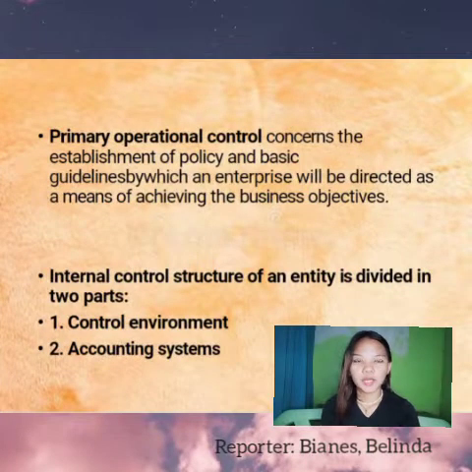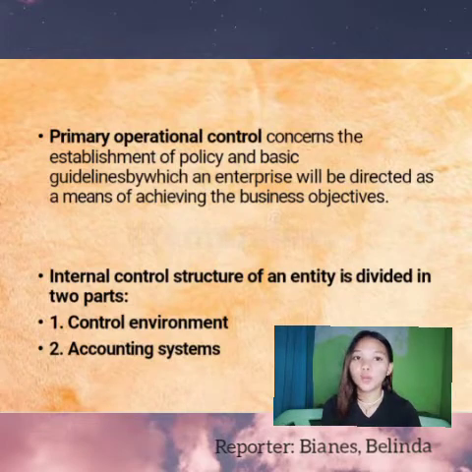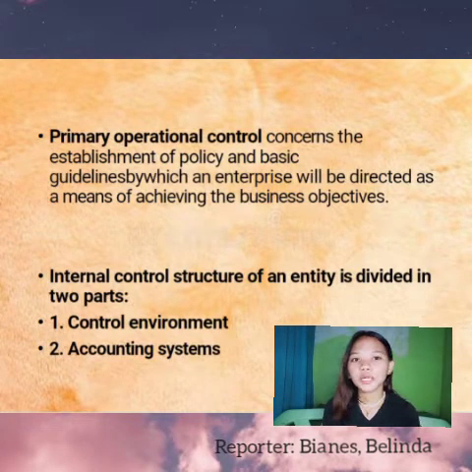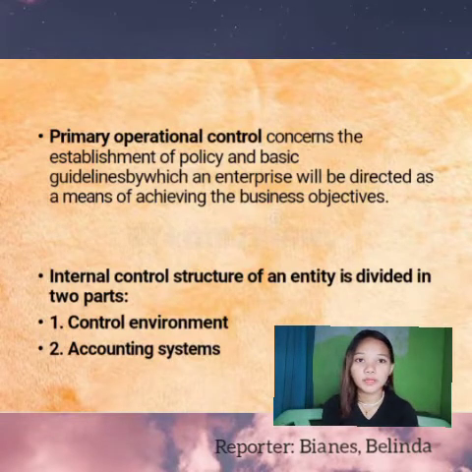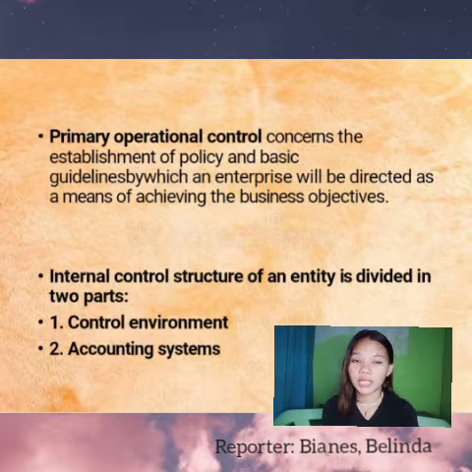Next is the primary operational control. It is about the performance, profitability, goals of the company. Na example, kapag mas maraming produkto ang ginagawa ng isang kumpanya, possible na mas malaki yung kikitain nila. Pero kung unti lang naman yung produkto na ginawa nila, possible na tubo lang yung babalik sa kanila.